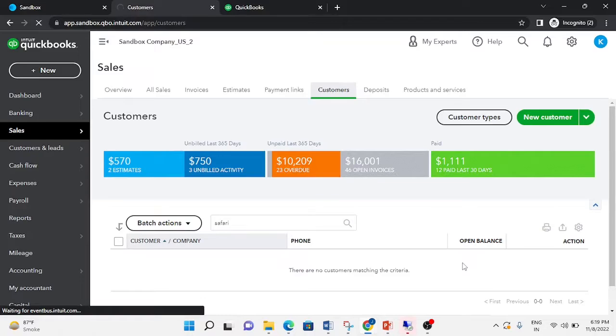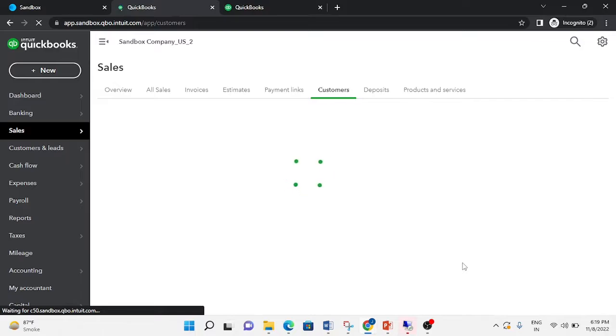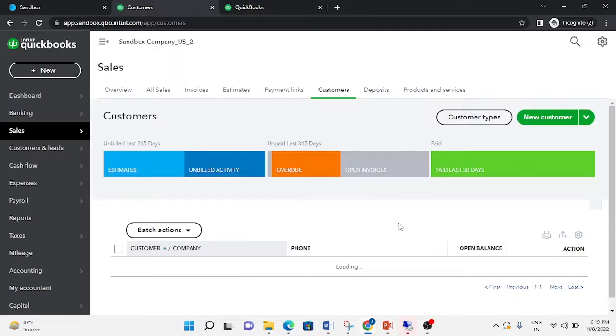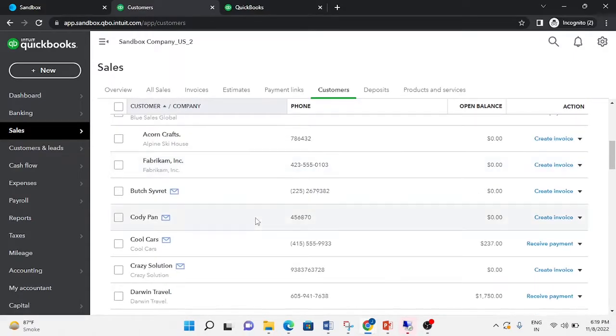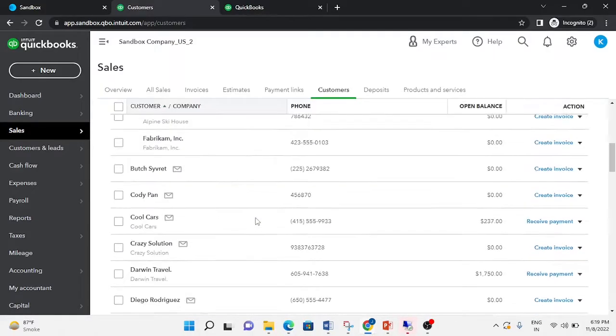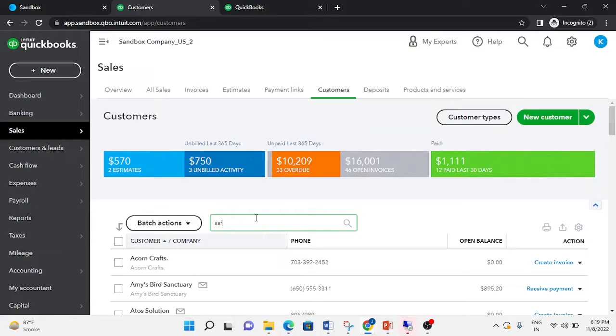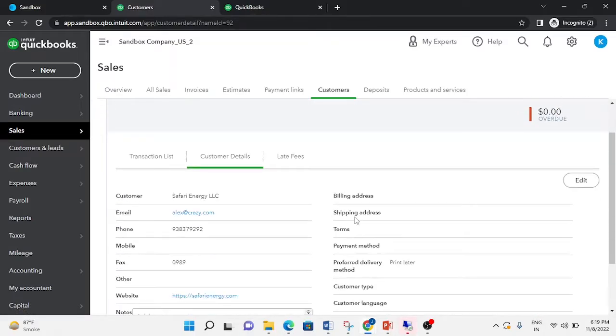We refresh this once. So we have promoted the record name called Safari Energy LLC. So you see a drop down along with the record name Safari Energy LLC, and yeah, there you see the record